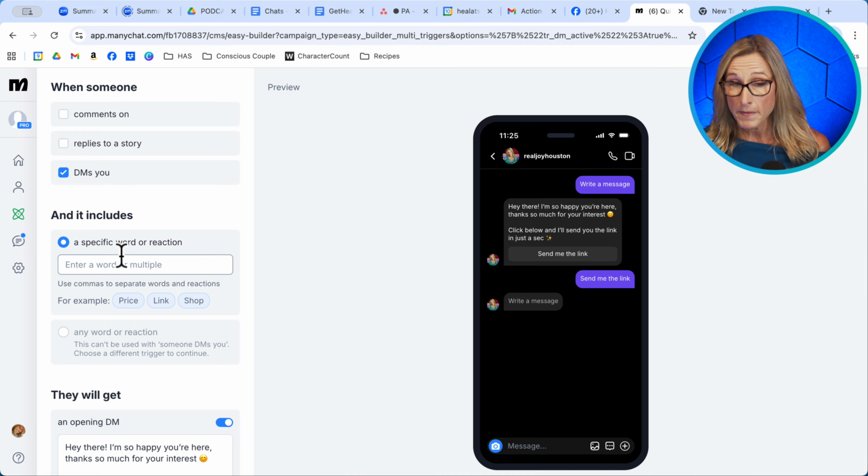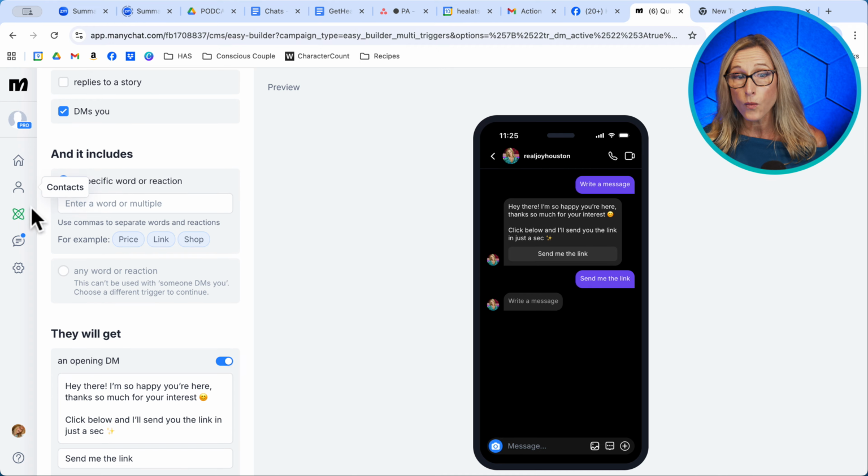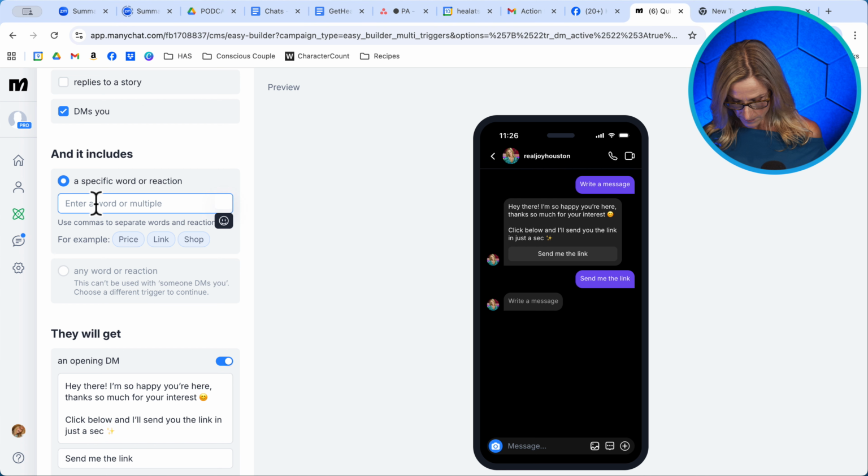Okay. So for me, this is a specific word or action. I'm going to tell them to DM me the word program 50 with no spaces. Okay. Program, and I have to spell it right. So program 50. And the reason is because I'm going to talk about turning your protocol into an online